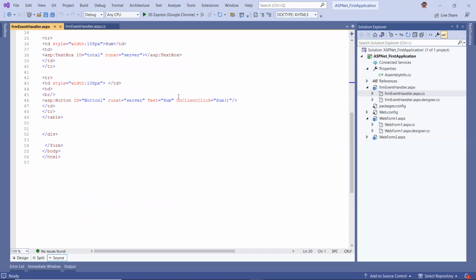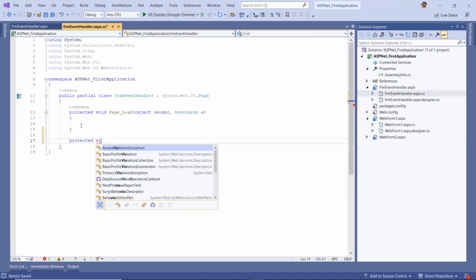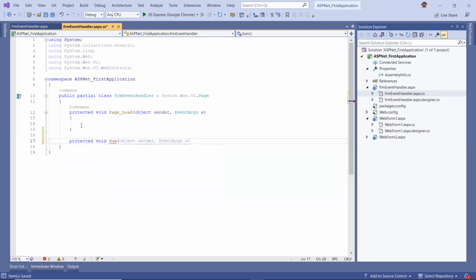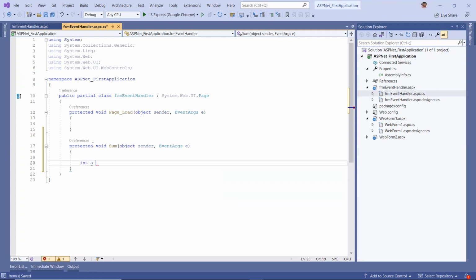Now what I'm trying to do here is I'm going to write events, right? One thing is server side event, that is on click event. This is going to always fire from server side. So I'm going to server side here, right? I'll define my event protected void sum, and as I mentioned, two parameters come automatically. One is the object which the event is triggering, and another one is an event args which is having complete details about your control. Okay, and here what I'm trying to do is I'll declare